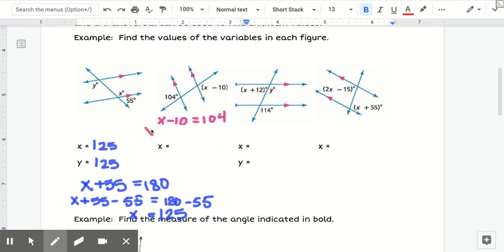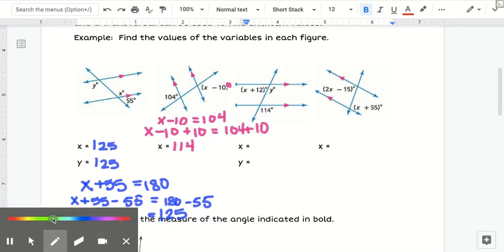Then I would solve this using the addition property of equality, adding 10 to both sides. On the left, that gives me just x, and on the right, 104 plus 10 is 114. So on this one, x is 114. I think I accidentally cut off the degree symbol there. There should have been a degree symbol on the outside here. Sorry about that. Okay, looking at our third example, this one has both x and y in it again,